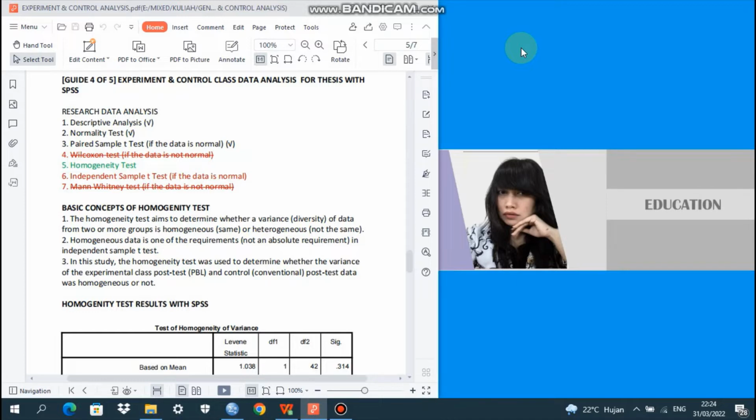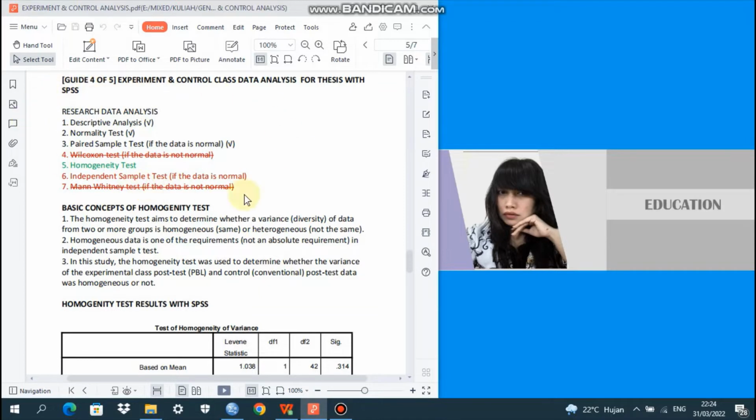In part 1, we discussed research data analysis that includes descriptive analysis, which is already checked here, and then the normality test and also the paired sample test, because the data is normally distributed.